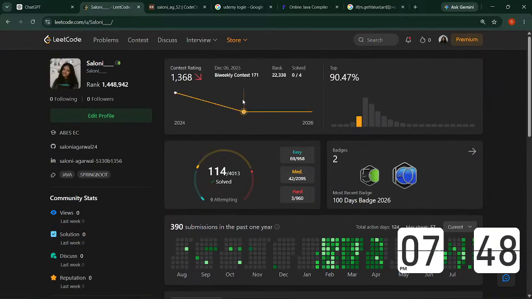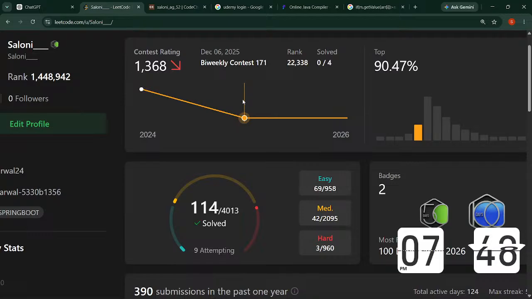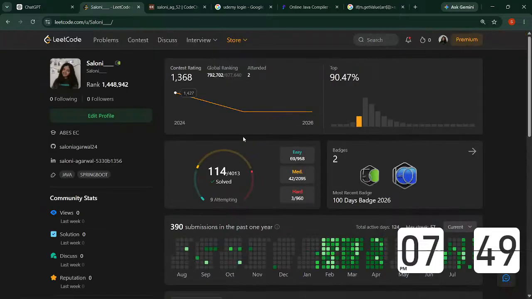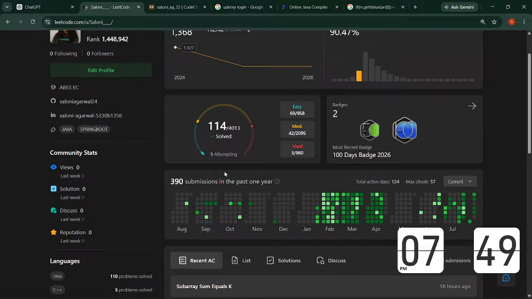एक तो एक गलती से हुआ था, मुझे पता नहीं था, रजिस्टर भी करने के बाद अनरजिस्टर भी करना होता है, तो मेरी रेटिंग उड़ गई थी। लाइक 1427 से 1368 हो गई थी। फिर मैंने कॉन्टेस्ट दिया है अभी, देख लीजिए 1 अगस्त को ही, बट स्टिल मेरी रेटिंग उतनी ही है और 0/4 दिखाया, जबकि मैंने एक क्वेश्चन और किया था। आई डोंट नो व्हाट इट इज।